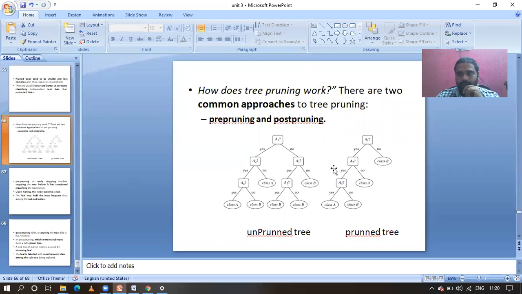Meanwhile you write down the diagrams, I'm going to explain what pre-pruning is.